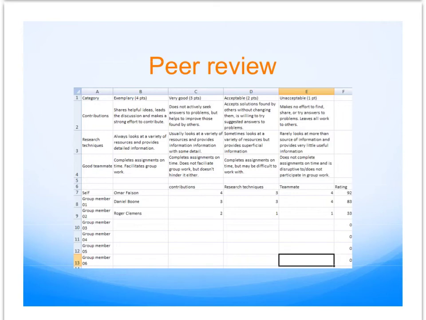With respect to research techniques, this is looking at the quality of the information that you're bringing to the table, whether or not it's coming from just one source and you are providing detailed information, which would get you 4 points, all the way down to you just looking at the textbook and the case study assignment itself and not bringing anything broader than that to the table. With respect to being a good teammate, do you help facilitate good work? Do you complete your assignments on time? Or are you hard to deal with